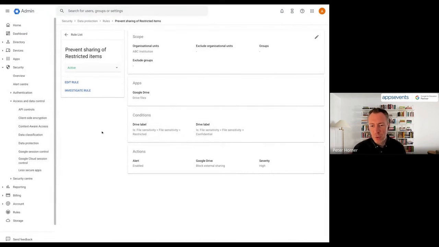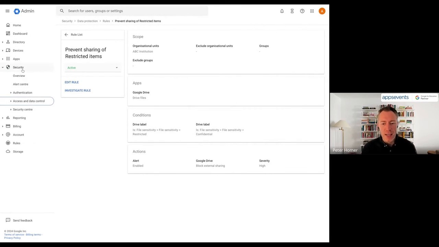Okay, hopefully everyone's still with me so far. One last thing I wanted to show you is, now we've set up some rules and labels, we can use the security dashboard for tracking how those are being applied. So if we now go to